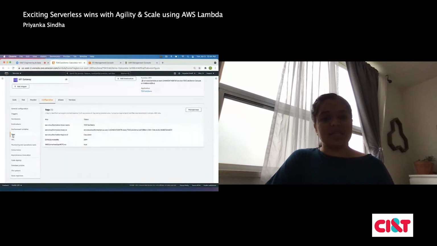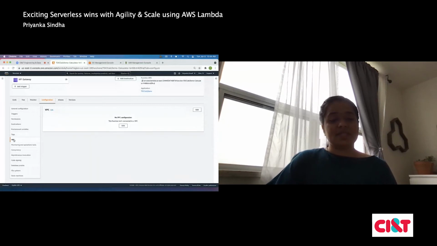Tags is basically where you give tags to your versioning. So this is how it does by its own. It has a unique stack ID, a stack name, and the function logical ID is calculator. And Lambda created by means it's a serverless function, as a SAM model, meaning Serverless Application Model.